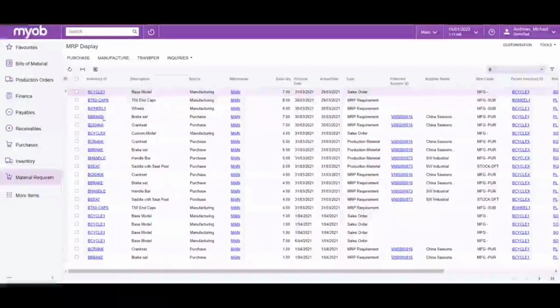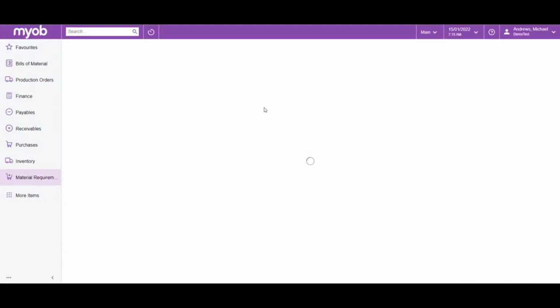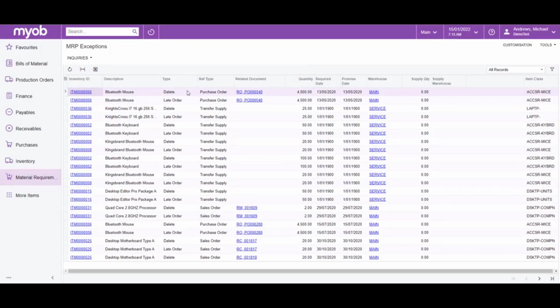Also, we have the ability to look at MRP exceptions, which can suggest to delete any late orders and such as well, which can clean up your